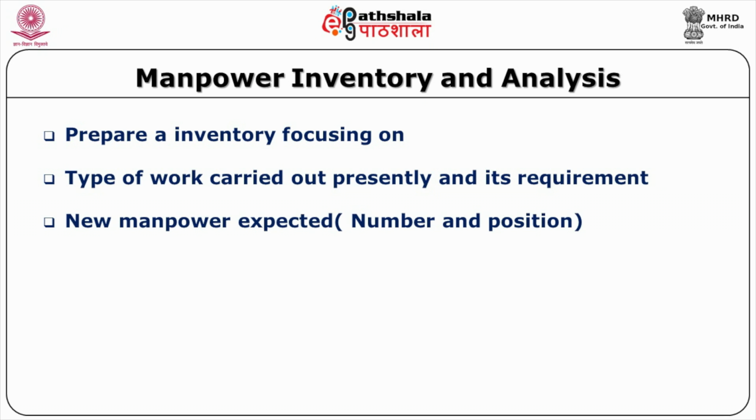It means the skills and the knowledge we are expecting from them. How many people you want, that is a number, and the positions we are going to have. The number means maybe we want 10 teachers, but 2 assistant teachers we want, and then full-fledged 8 teachers we want. So, we have to think about the number and the positions when we are into the preparation of the manpower inventory. The third question which is to be addressed is, what all competencies you are expecting from a person